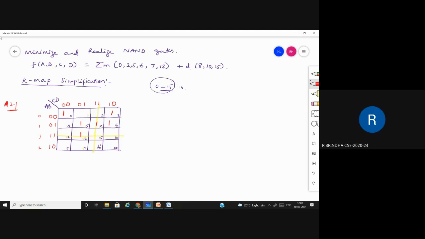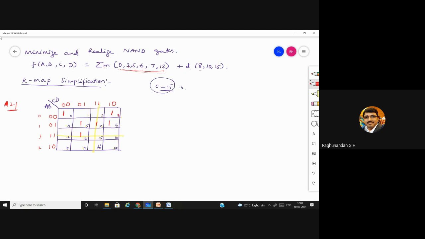Repeat the step. Yeah. So we are having m of 0, 2, 5, 6, 7, 13. So this set of positions in this Karnaugh map will be having 1. The value will be 1. Okay. In the position 0, put it as 1. 2, it is marked 2. So in the place of box number 2, put as 1. 5, 1. 6, 1. 7, 1. 13, 1. Okay, for m of all these positions, we just put ones.